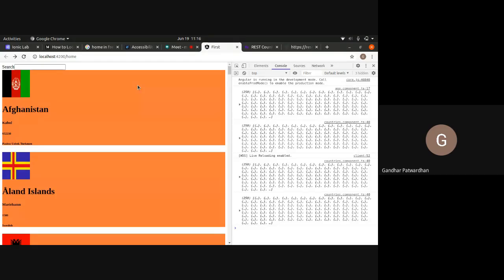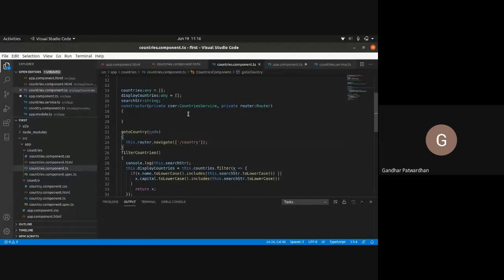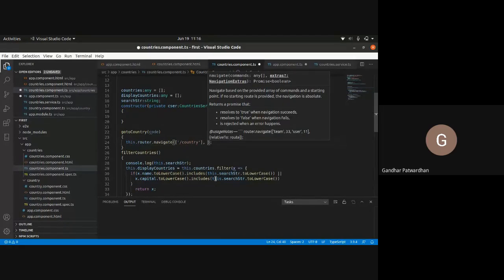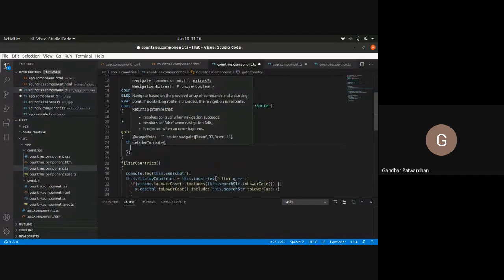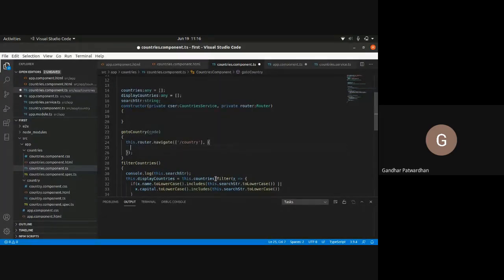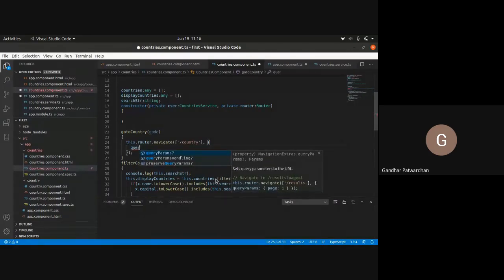Now to pass that code, we need to pass another parameter to this function, which is a JSON object. Inside the JSON object we need to use a key, which is queryParams.